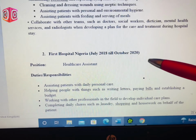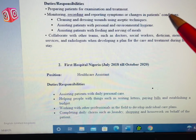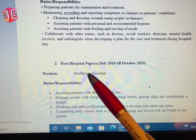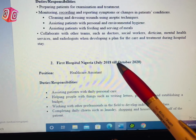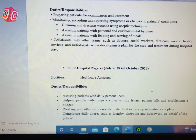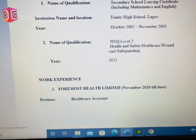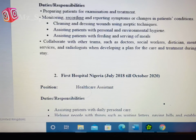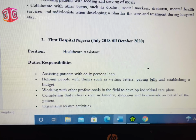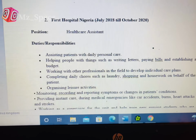So number 2, this person put in the other hospital that she worked prior to the first one. So this is First Hospital Nigeria, that's the location, from July 2018 till 2020. We can see that this person stopped working here in 2020 October and started here in November 2020, and this makes it very synchronized. So for the second employment, the person worked as an healthcare assistant, of course, and the